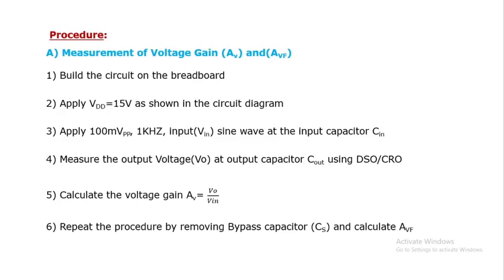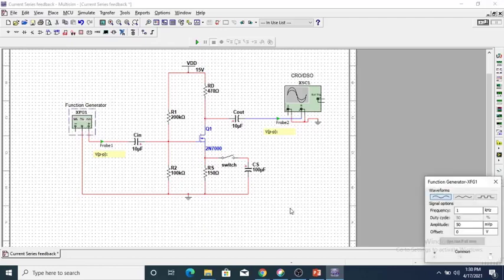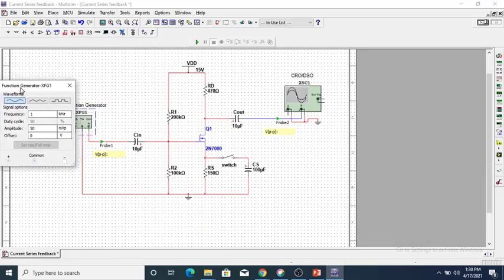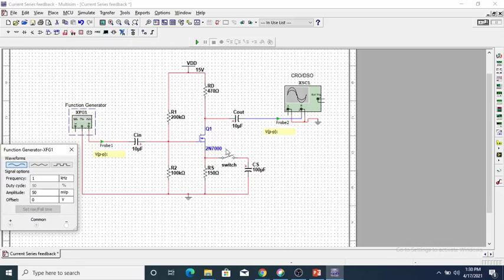Now I will simulate this circuit on the Multisim software. So this circuit is built in the Multisim software. Function generator input is 50 millivolt peak, that is 100 millivolt peak to peak, and 1 kilohertz frequency is applied. The switch is closed, and now we will simulate the circuit. So here we get an output voltage equal to 2.67 volt.